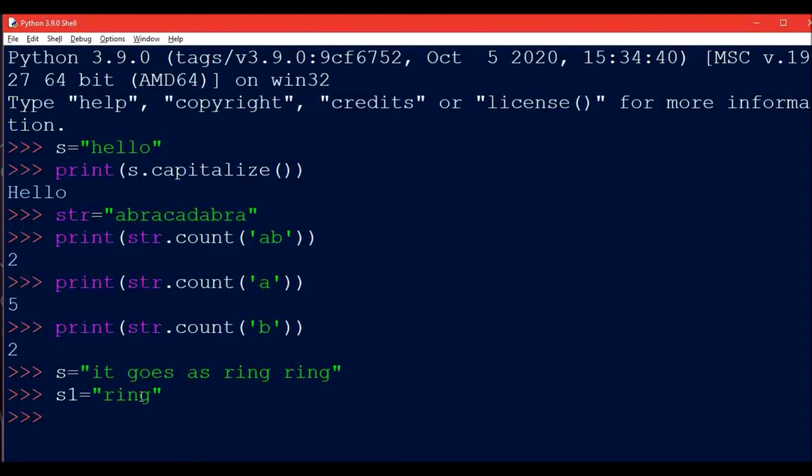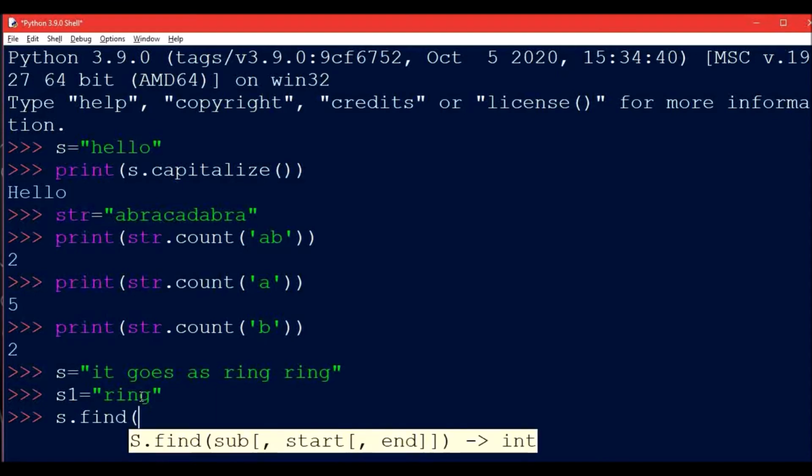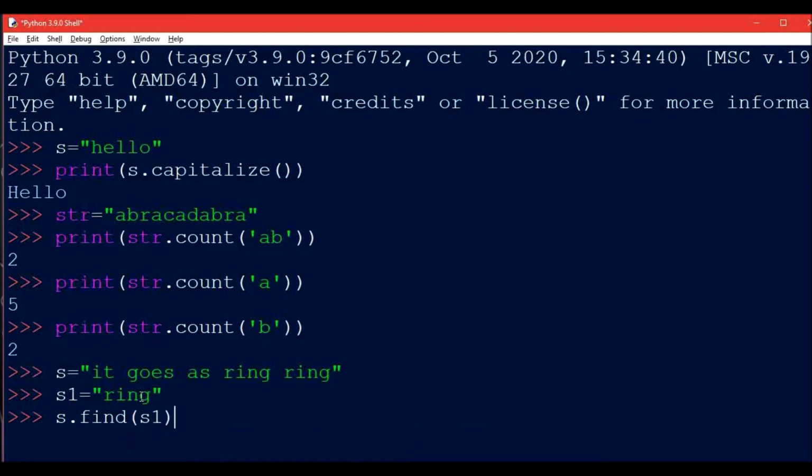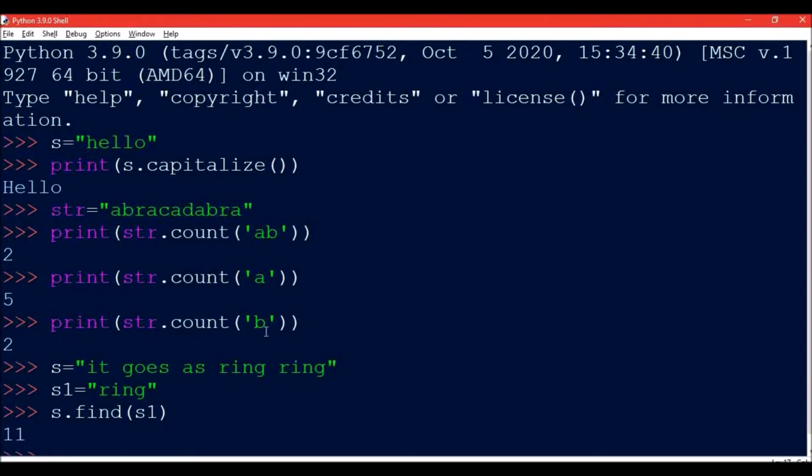Now if I write the main string, that is s dot find, what we have to find? S1. So s dot find S1 means what? S will be the main string, that is the complete string, dot find whatever substring I want to find. So this will give me 11. Now what is 11? 11 is the index number at which this substring is starting.